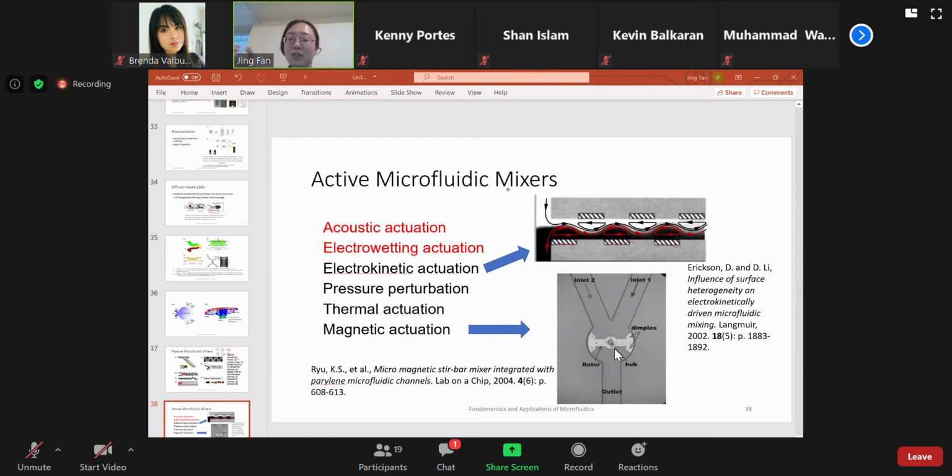The volume change of liquid in response to temperature change is small, but gas is different. When we have a gas or a bubble and we heat it up, the volume of the bubble can swell significantly. Right. So in some thermal actuated microfluidic mixers,